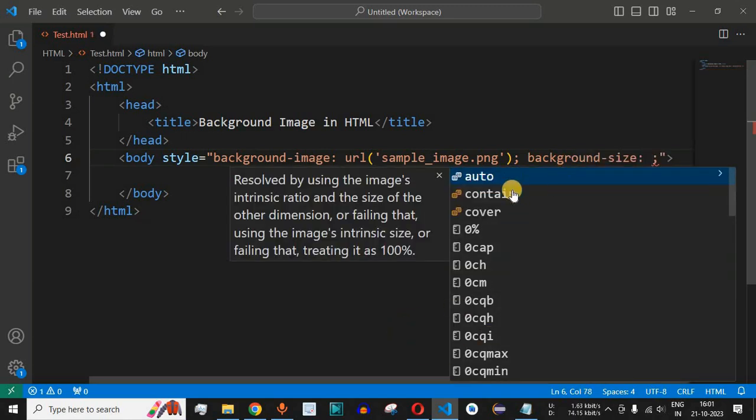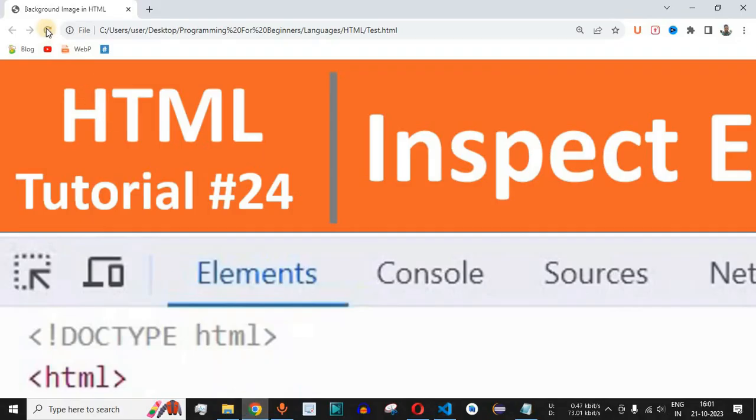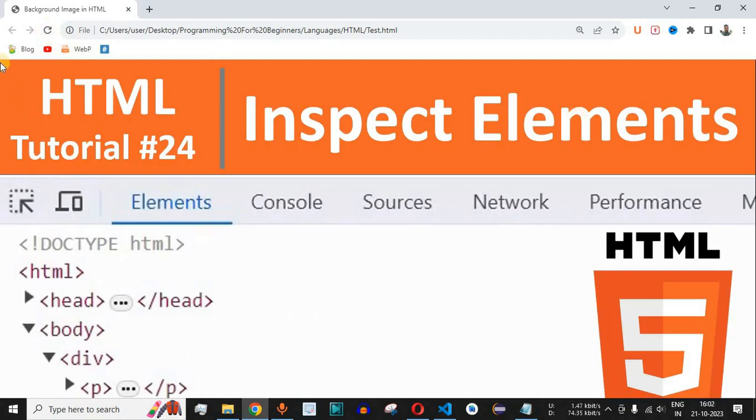So guys, using this we can use any of the values in order to set the size of the image. So when we say cover as the value for the background-size over here, the entire screen will be covered with the image that is being set by the background-image. So let us check that. Let me just save this file now and try reloading this page once again. So as you can see, the width and the height of this particular image is set to the entire body of this HTML page over here.